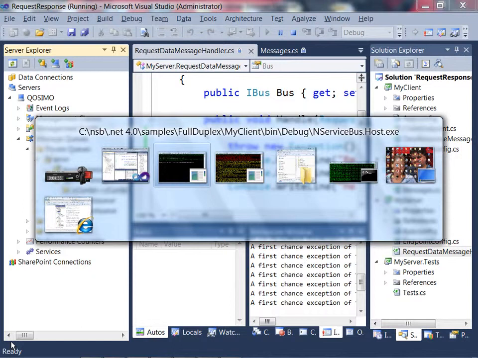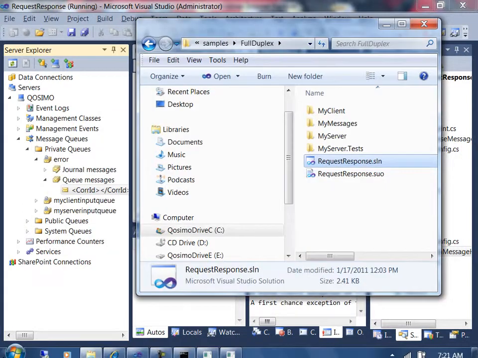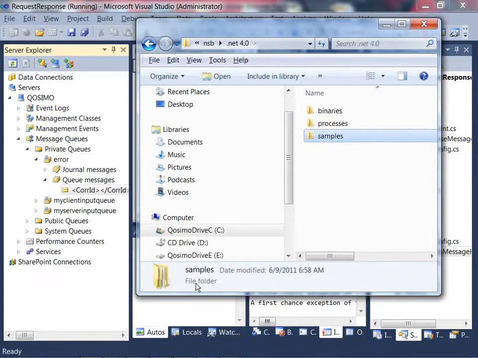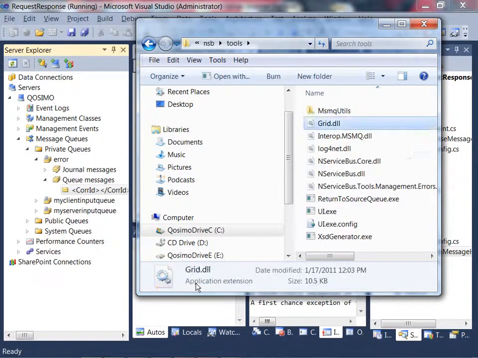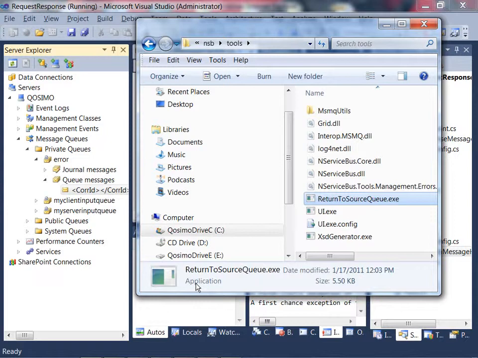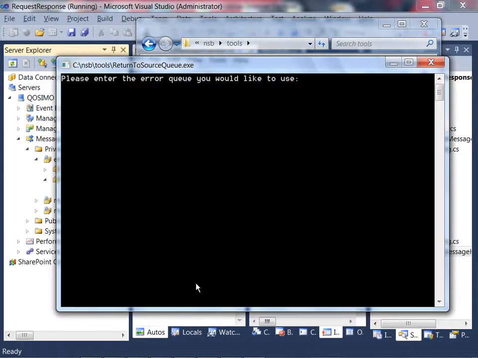Well, no, that's not why you need PubSub. That's why NServiceBus comes with a set of tools for your administrator right here in the tools directory. One of them is called the Return to Source Queue tool. And this is what an administrator uses to say, after I fix the problem, so hold on just a second